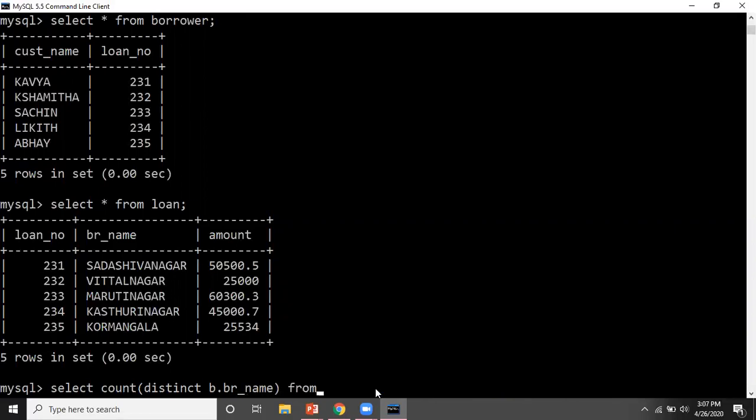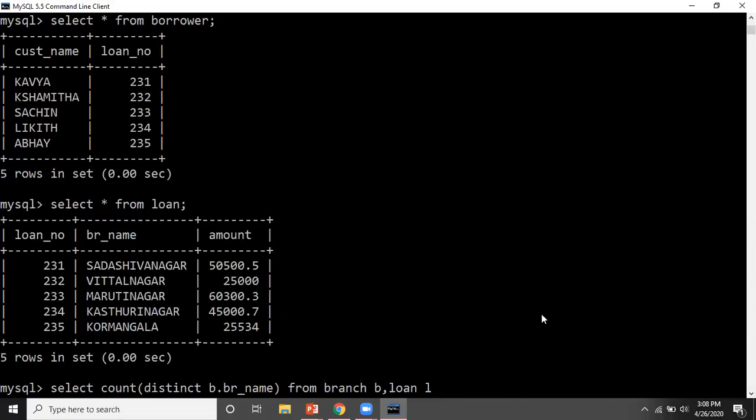When I give the table name, I write from branch, and here I'm giving the alias. You can write branch as B also, no problem. Then I have to join it with the loan table, so I'm giving a comma. If you want to write the keyword join, it will work the same.